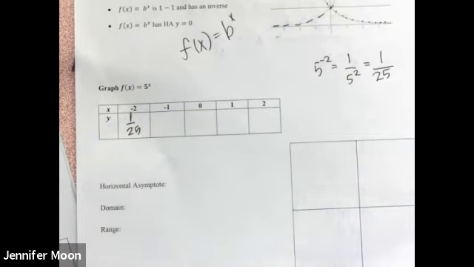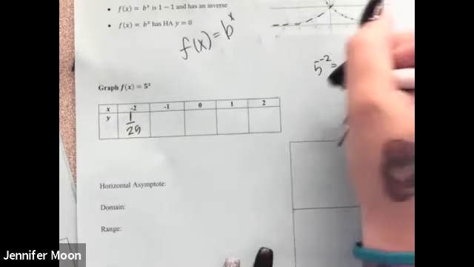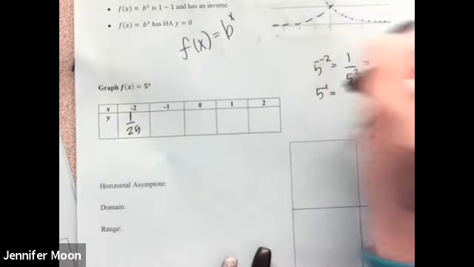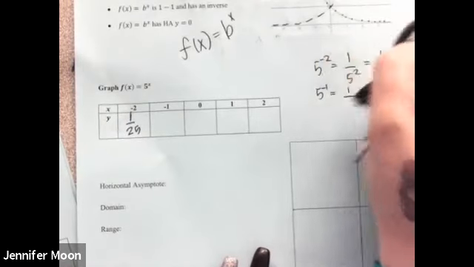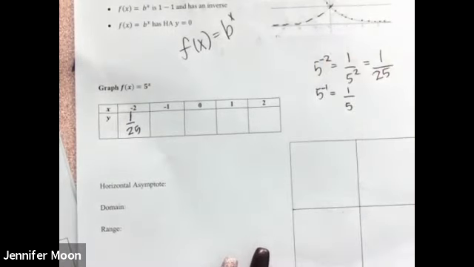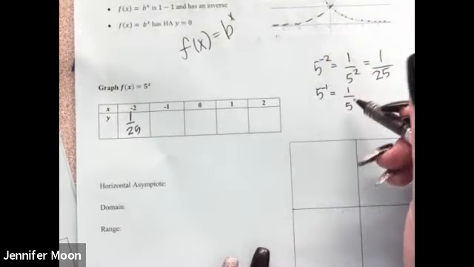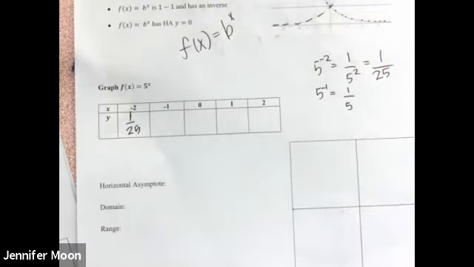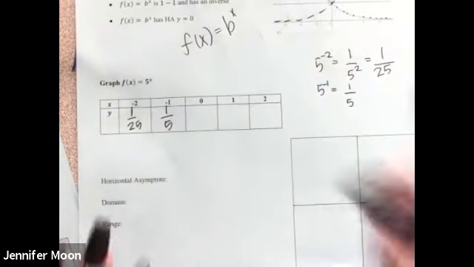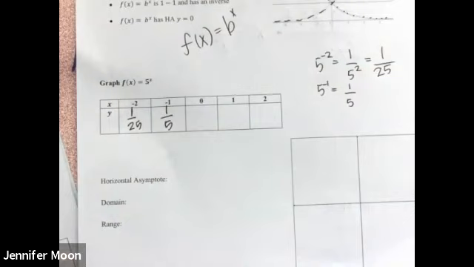Now as far as -1 is concerned, it would be the same thing. 5 to the -1 is a negative exponent. It's not in fractional form, so I would put it in fractional form. -1 becomes a +1, but you don't have to write 1 as an exponent, because 5 to the first power is just 5. There's your fraction. It's 1/5. Or if it's really ugly, use your calculator. Input it individually each time, or put it in that function,